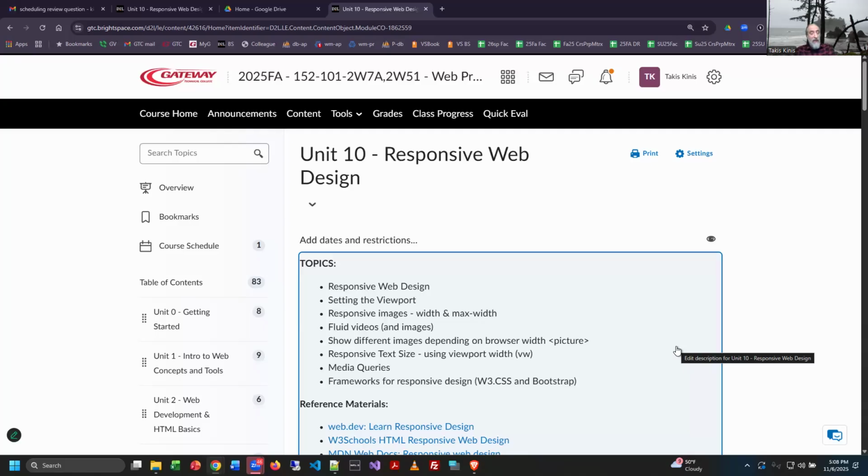The other really important technique we're learning here tonight is to apply media queries, which is still the preeminent way to control websites for mobile. And then we're going to look quickly at two frameworks for responsive design. I know we were talking about it last week, how there's Bootstrap, and W3 Schools also has its own custom version called W3.css. I'm not going to dig in and demonstrate those, but I just want to put them on your radar